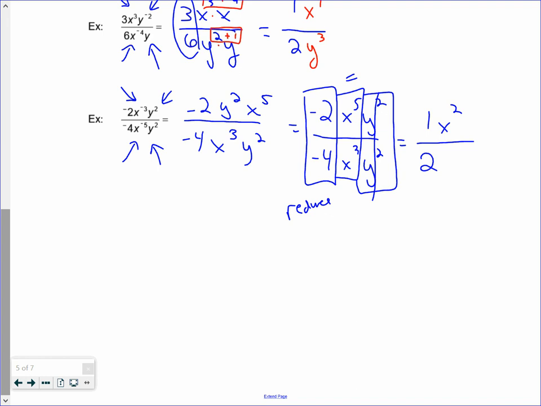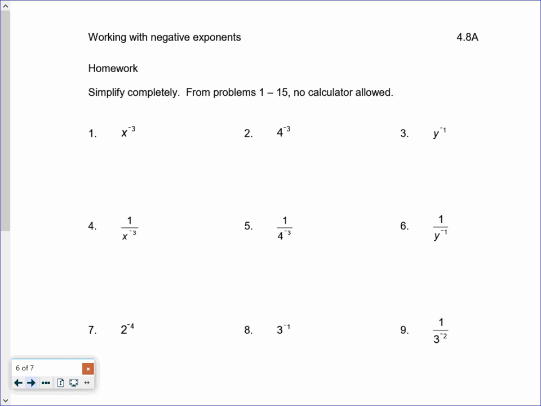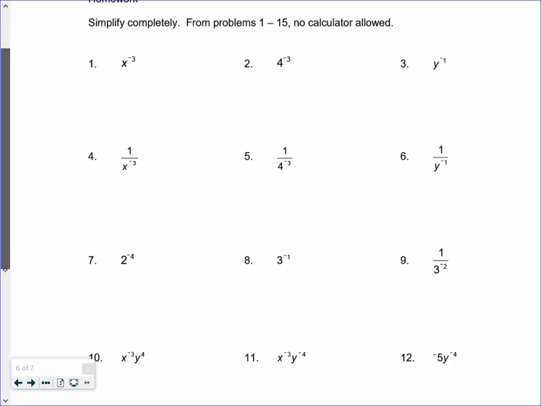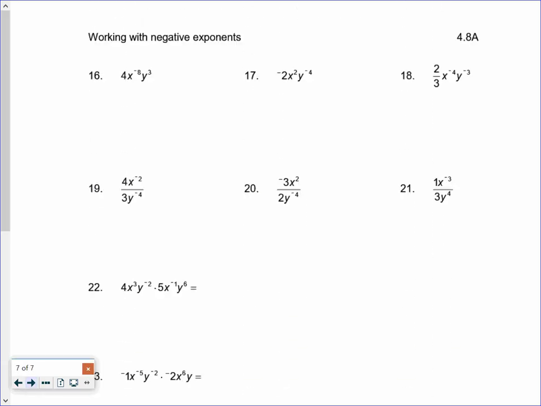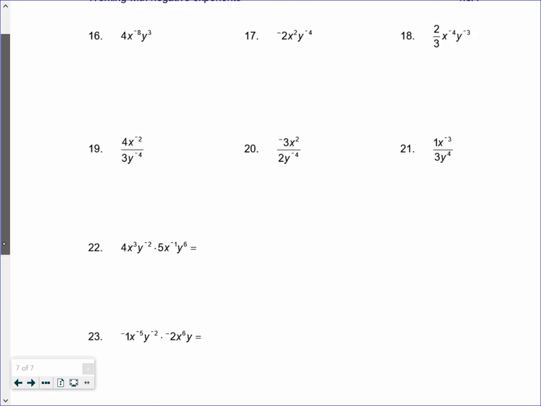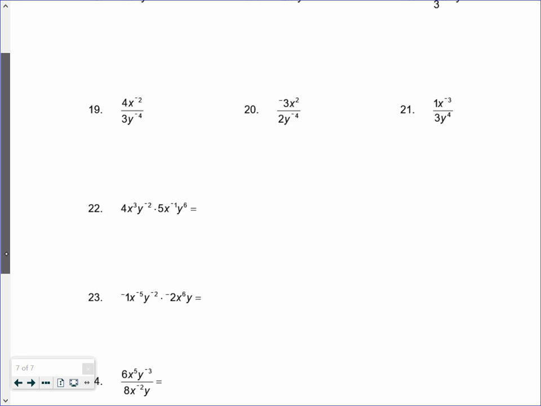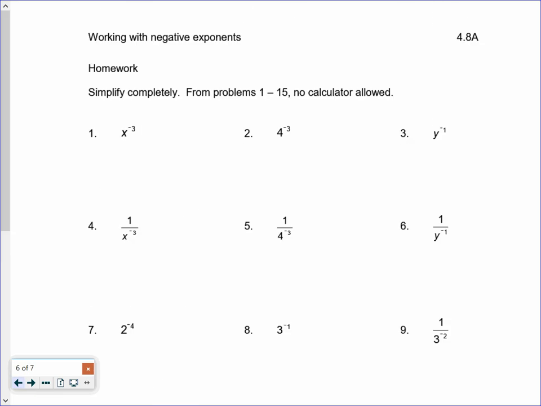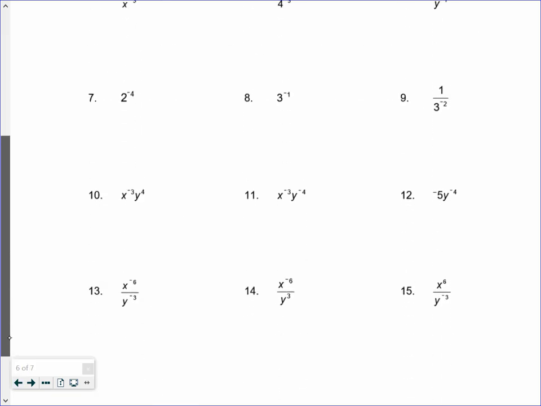Okay, that is your notes for this assignment. For your homework, you have the super simple ones on the first page. Okay, and the slightly more complicated ones on the second page. It says it's 25 problems, but the first page is 15 fairly easy, one-step